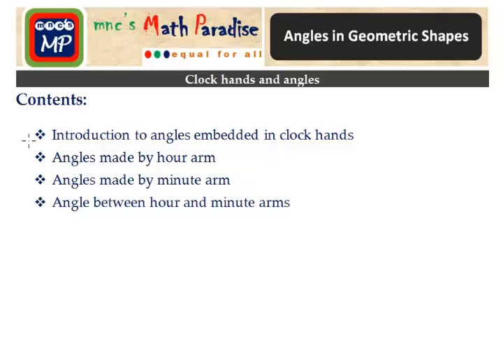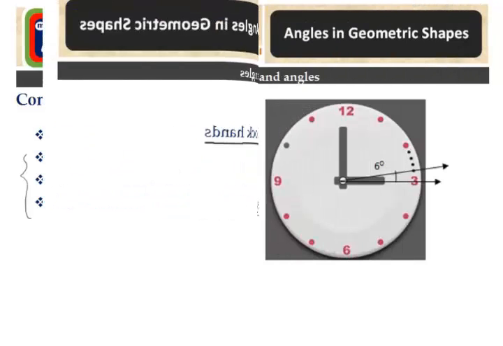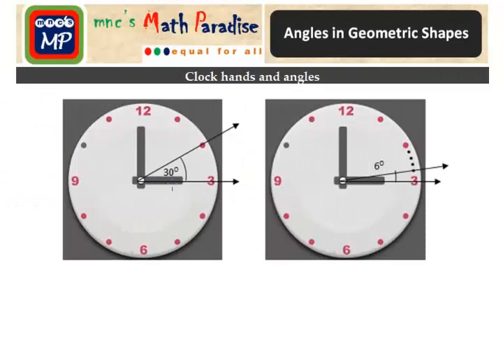In this lesson video, we will introduce the angles embedded in clock hands, and then we will practice examples on finding the angles made by hour arms, minute arms, and between hour and minute arms. When a clock's hour arm or minute arm rotates, it covers some angle. Here we will learn how much angle an hour arm covers when it covers 1 hour of the time, or how much angle a minute arm covers when it